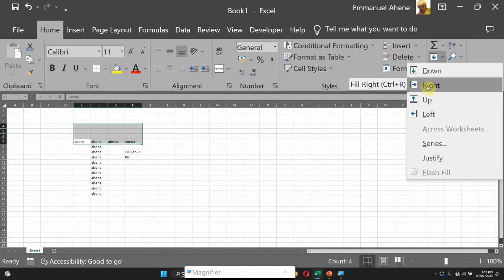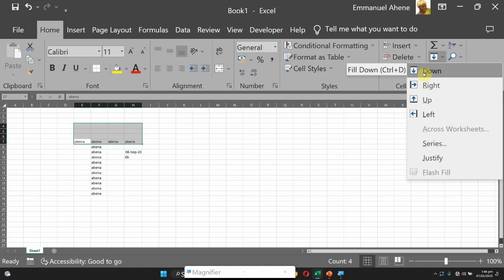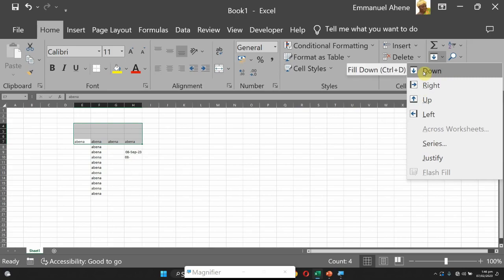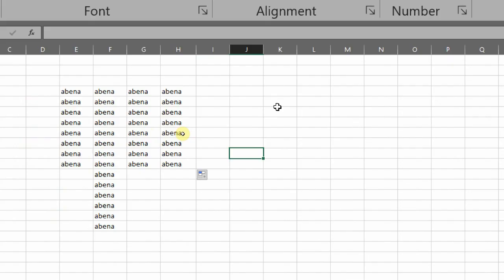You would see that if you want to fill right, that is Control R. If you want to fill down, it's Control D. And then you want to fill up and left. So please remember, we mentioned the shortcuts already. So the next thing we are talking about